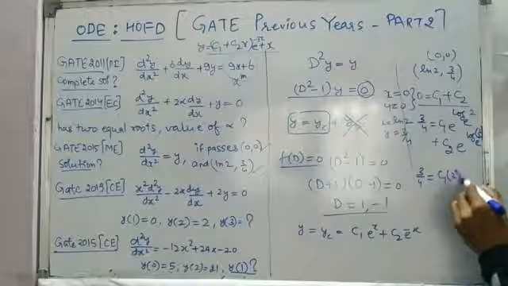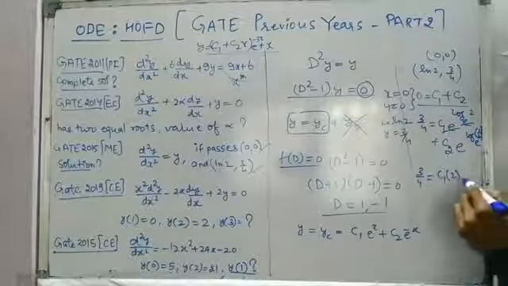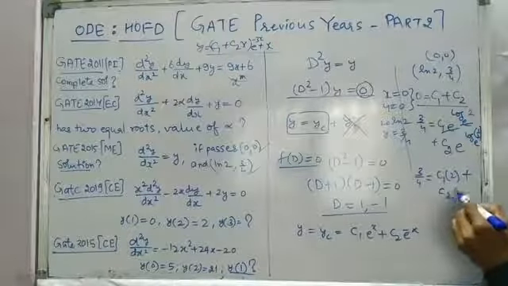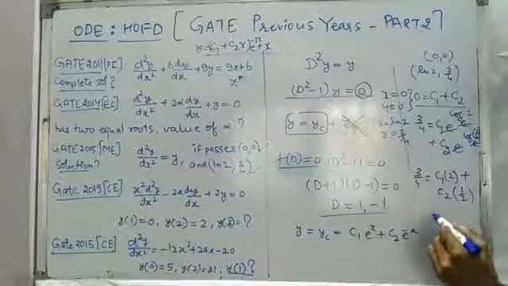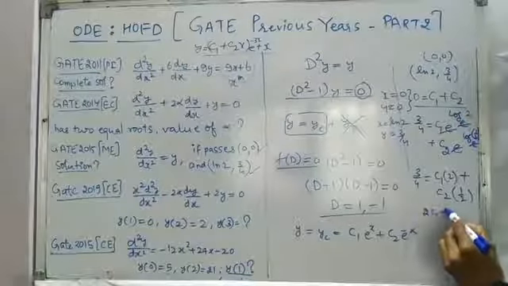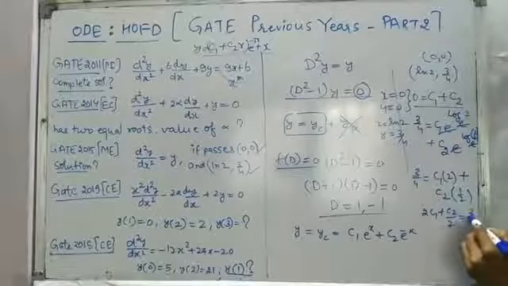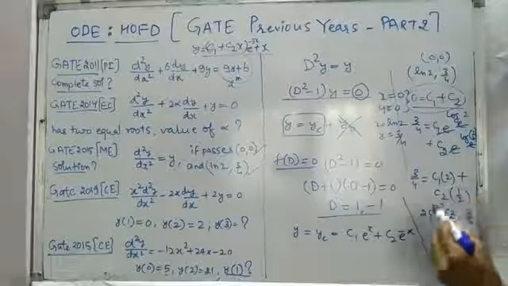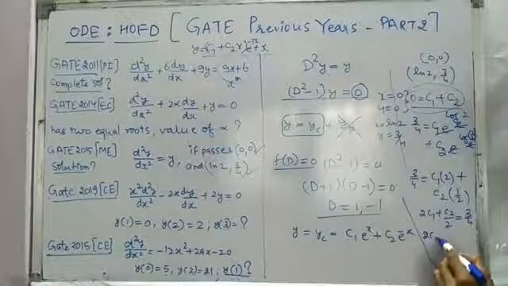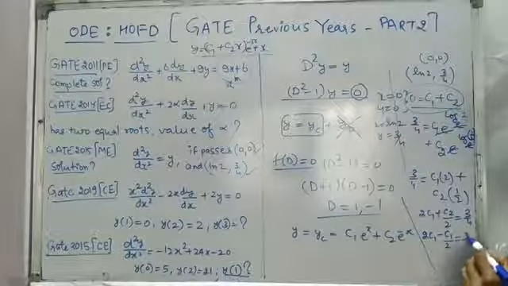So by making use of both the logarithmic properties, we have 3 by 4 is equal to c1 into 2, because e and e get cancelled and 2 will come down, plus c2 into 1 by 2. Again e and e get cancelled and 1 by 2 will come down. So from here we have 2c1 plus c2 by 2 is equal to 3 by 4. And if we make use of the first equation, that c2 is equal to minus c1, from there we will get 2c1 minus c1 by 2 is equal to 3 by 4.